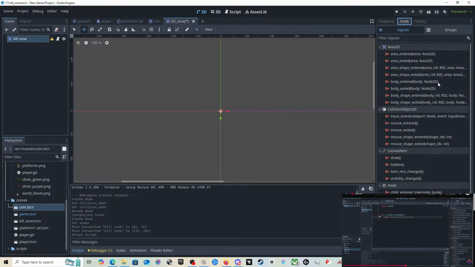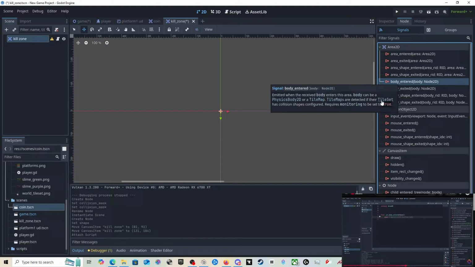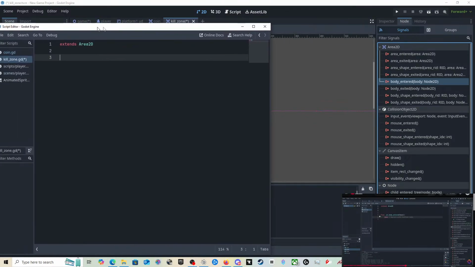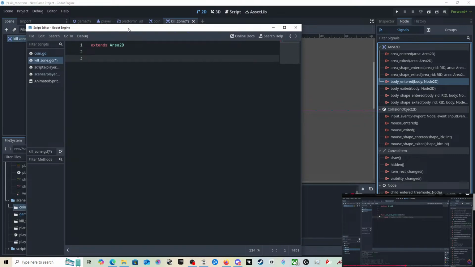He said entered, chat. He didn't say exit, he said entered. Body entered, body node 2D. Yes. Hello? Why didn't it work? How do I dock this? It's so annoying.